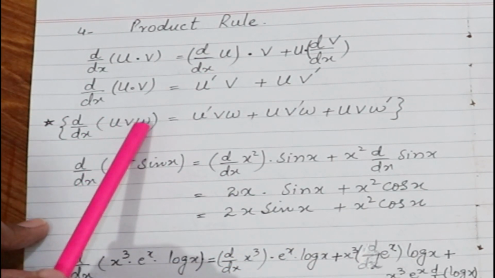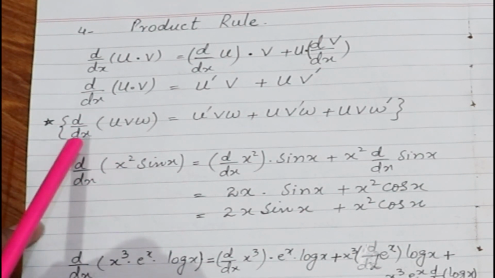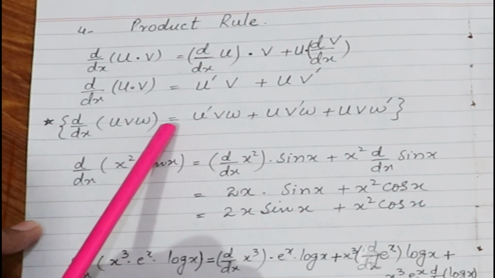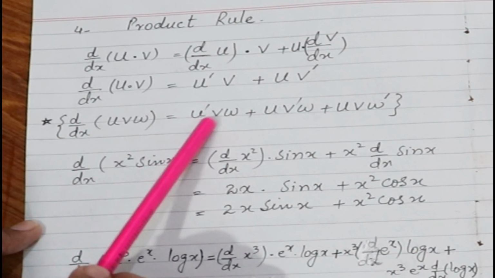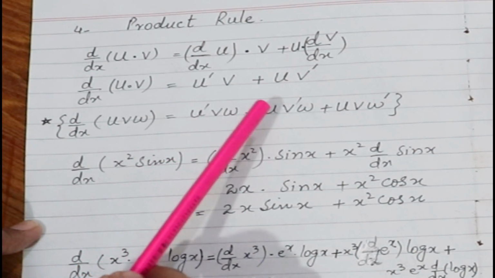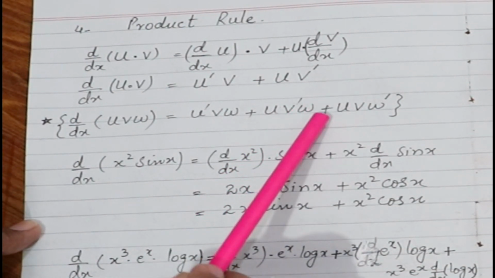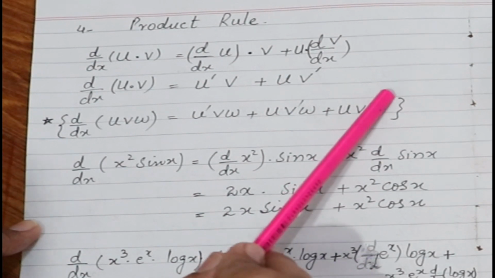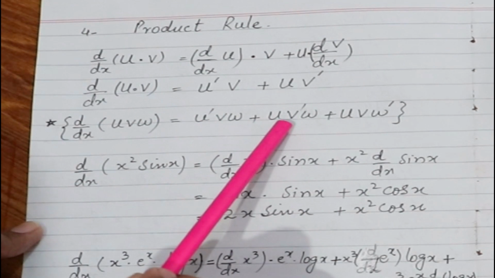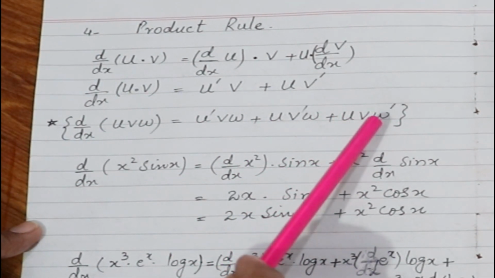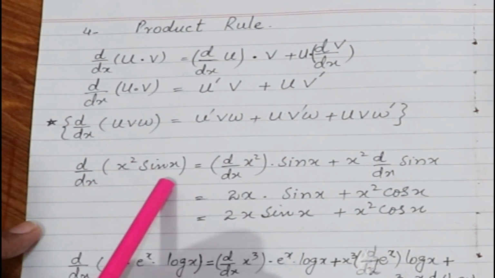If we have three functions which are associated by means of multiplication, when derivative applies on such type of function, then the formula will take the form: derivative of u, v and w function will be u prime, v and w same, plus u same, v prime, w same, plus u v same, w prime. Here u prime means derivative of u, v prime means the derivative of v, w prime means the derivative of w function. We understand it with the help of an example.